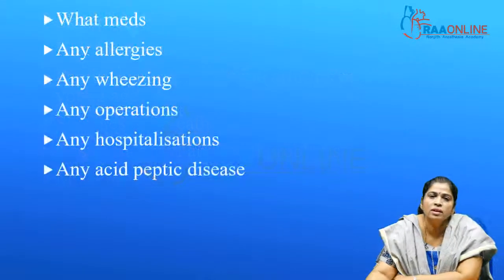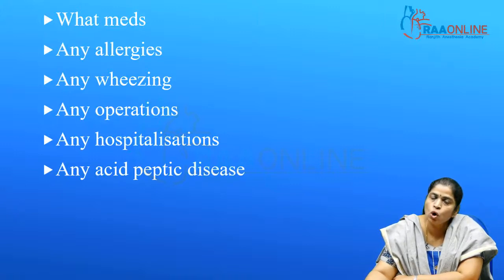And this is something that you need to ask all patients, whether they're rheumatological or non-rheumatological. You should ask them what medications they are on. Like I said, thiazides and gout. Not just for that, you should know what medications they are on. You always ask for allergies, that's routine. But I would specifically ask for wheezing because sometimes patients don't seem to think of inhalers as medications and don't tell you about the fact that they have wheezing or are using inhalers.